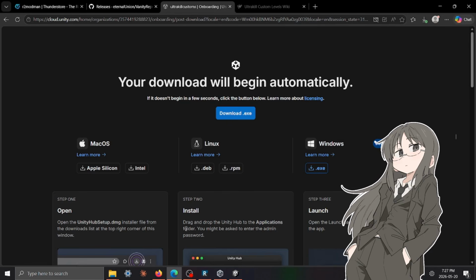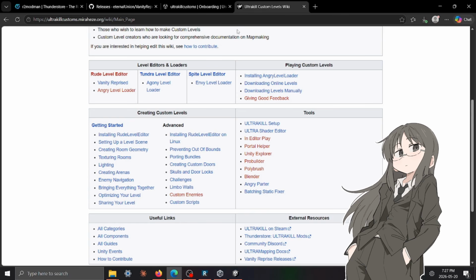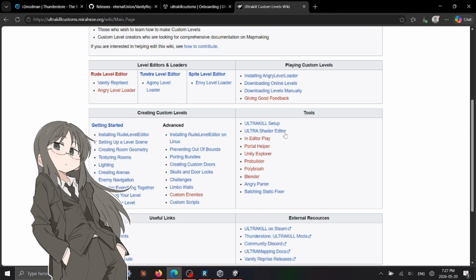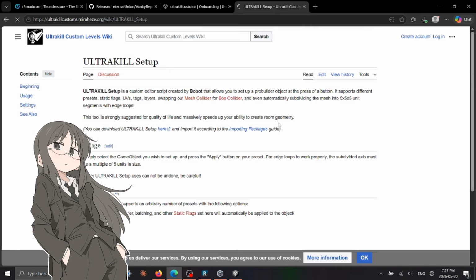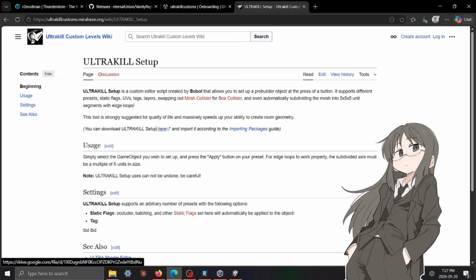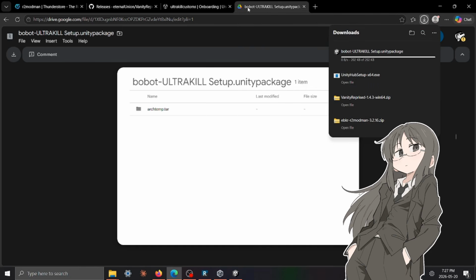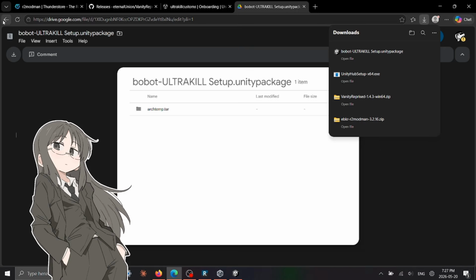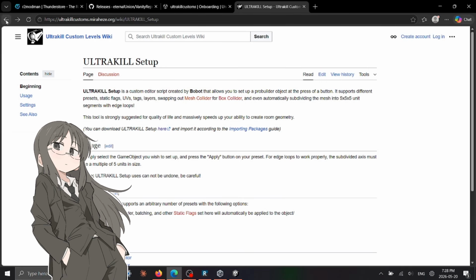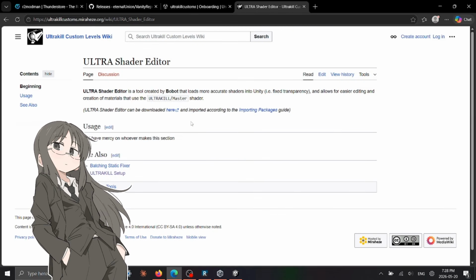So go to, these are all linked in the description, the AlterKill Custom Levels Wiki. And the three that I would recommend are AlterKill Setup, which you can download just at the download link. I would also recommend the AlterKill Shader Editor.